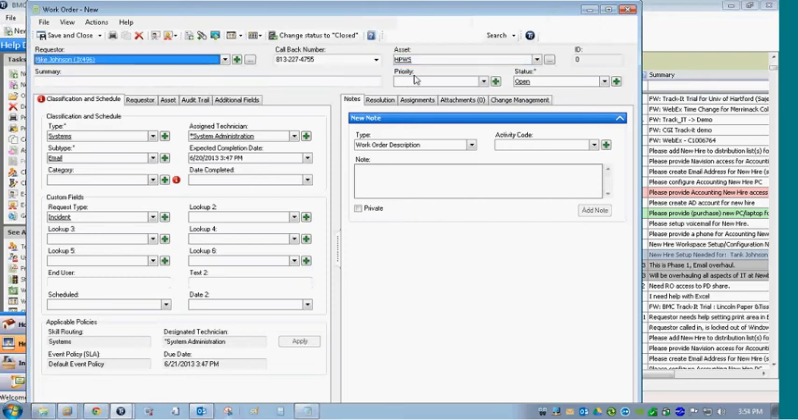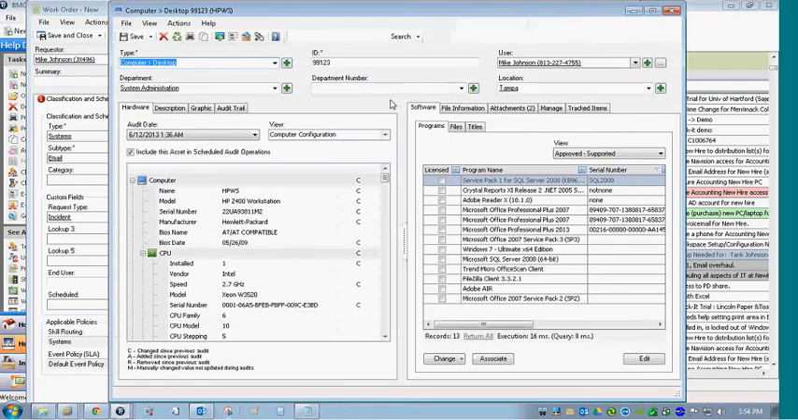So the requester is here, the asset is here. You saw me double click on the requester a couple times earlier. I can double click on the asset record here as well. I want to see the